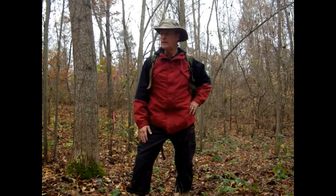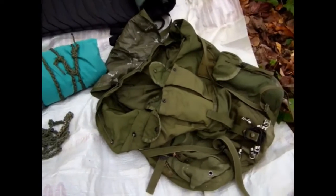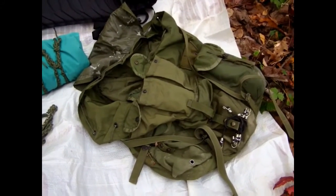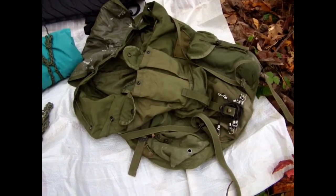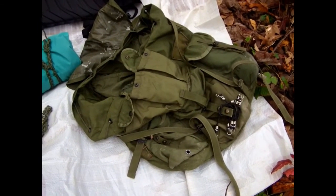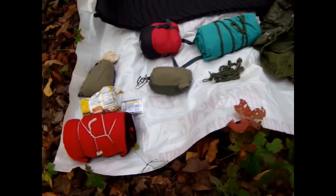Hey, this is Dave. It's autumn in Kentucky, and I wanted to show you how I put up a hammock for cold weather camping. Inside of the rucksack, I packed it in reverse order for the items that I'll be needing. So on the top were the first items that I'll pull, and of course that was going to be my ground tarp, which is a piece of Tyvek,